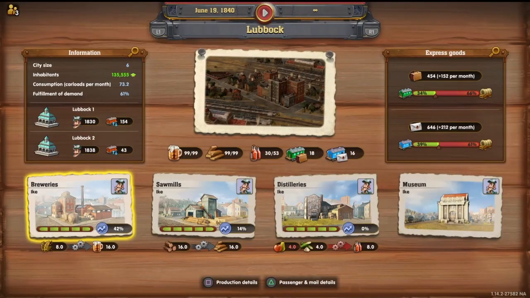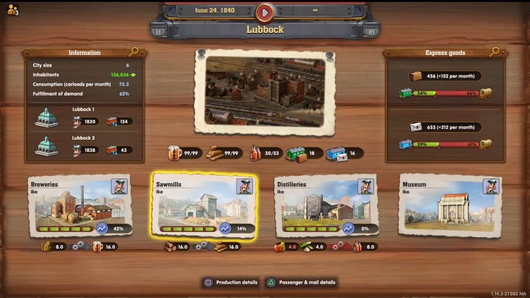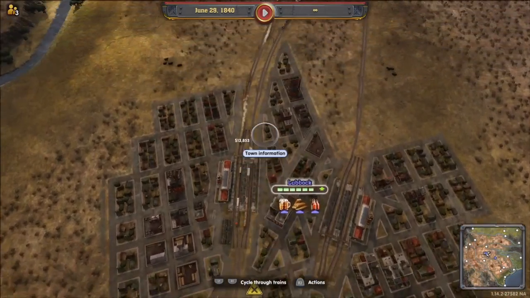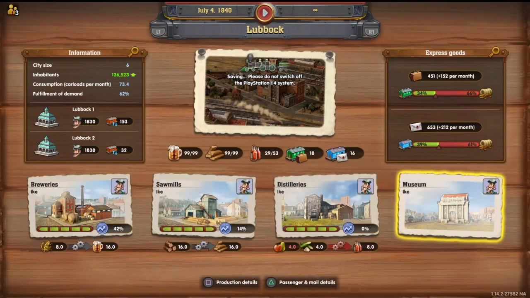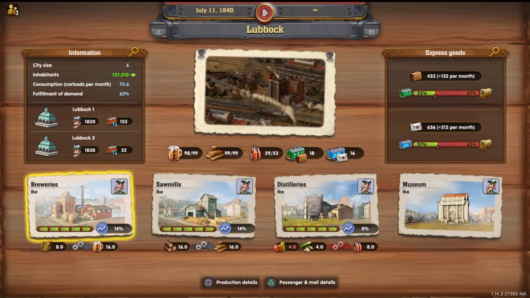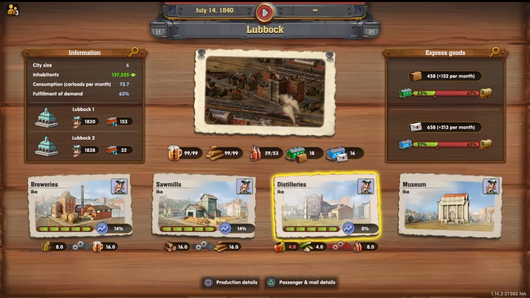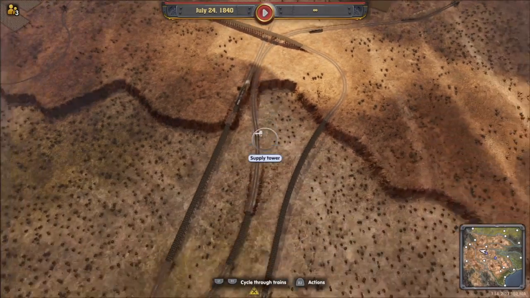So my second industry over here in the middle is the sawmill. So I'm bringing wood straight into the sawmill, okay? So that's why that's there. So the next thing I'm going to have to do, because you probably noticed, I have a museum there to help me, but also a distillery that was added later in the game. So at first I started with breweries, then the sawmill added in, then distilleries, okay? So now the distilleries, you can see in red, I need some fruits. And so I have them coming in off